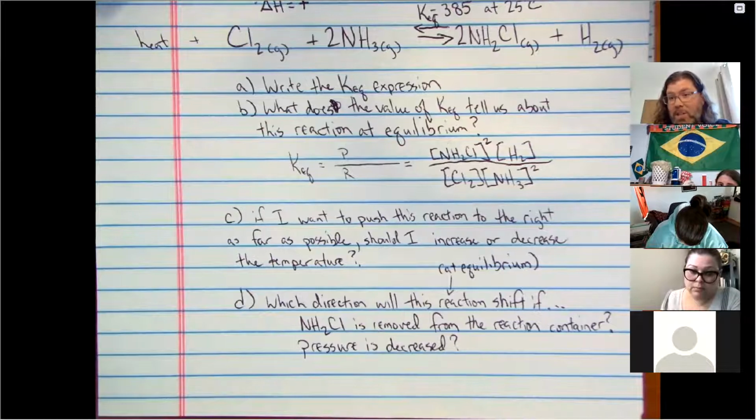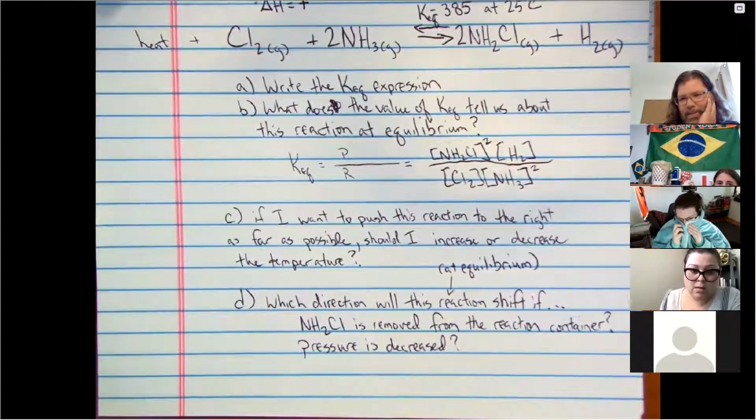So which side can this reaction shift to increase its pressure? I assumed to the right because it would make more products. Wait a second, I didn't see the H2. It will be the left. Where does pressure come from in the container? The moles. From the moles of gas, right? More moles of gas means more collisions, means more pressure.